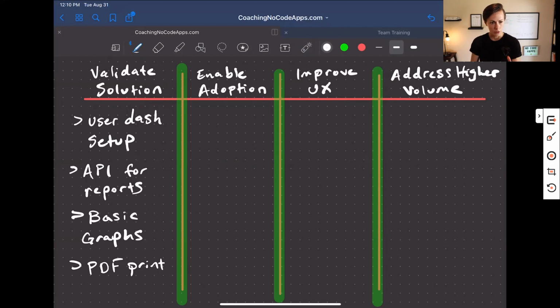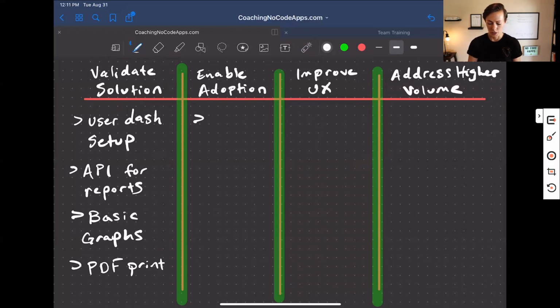Okay, so we'll have those as our initial features. And when we jump over to the template that I'm going to share with you, I'll show you how to apply these in the extra layers that you're going to want to dig into within each of these features. So moving into enabling adoption. These are features that can help you allow users to consistently use the app, potentially with less hands-on work on